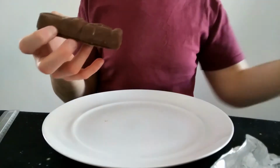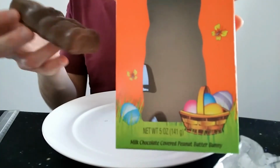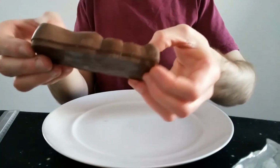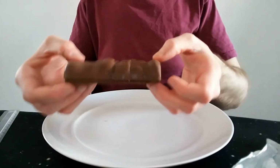But yeah, so you can see on the front it does have this basket of eggs as well. I think that's made a return here. So yeah, I don't know. It just seems a bit odd. I don't know why there's no Reese's brand on here. But anyway, and obviously it does have that weird sarcophagus type effect. But it's really heavy, this, really heavy. So